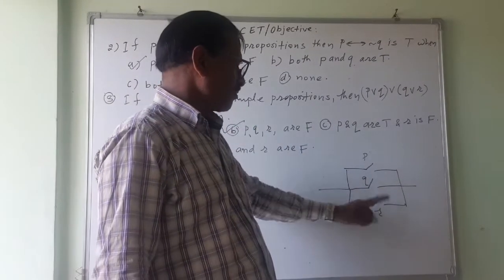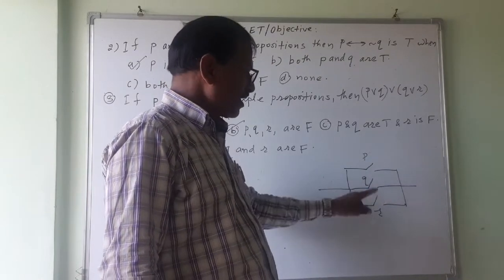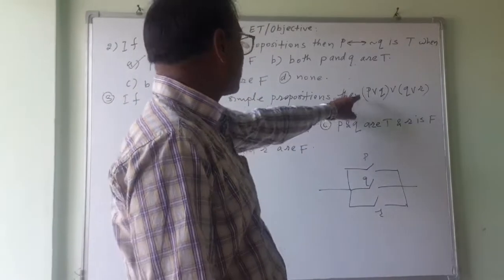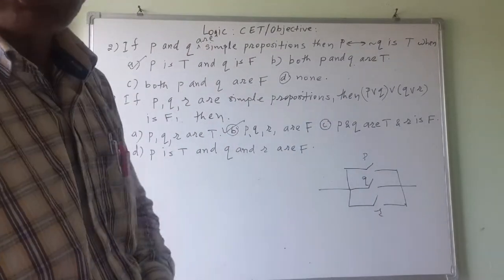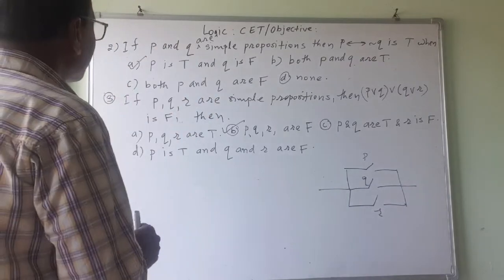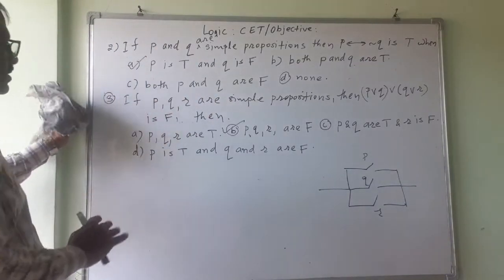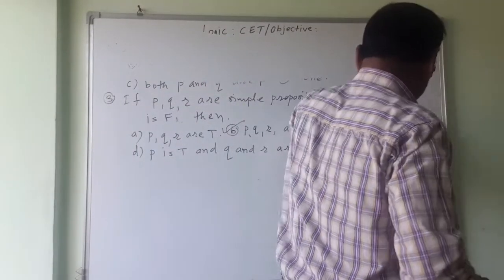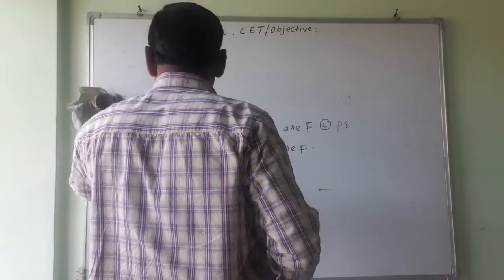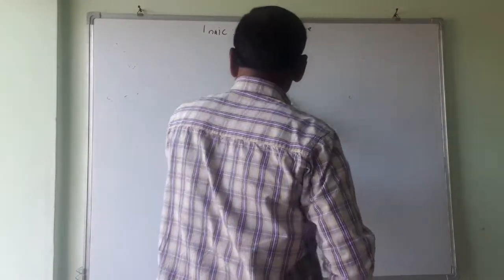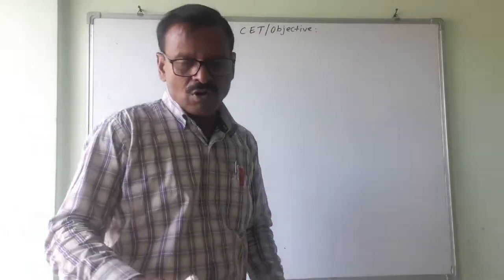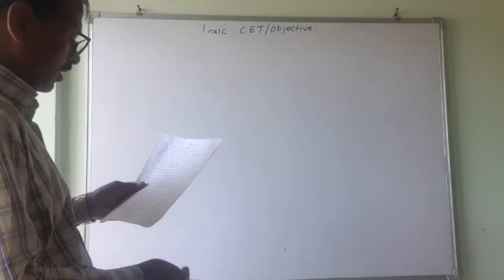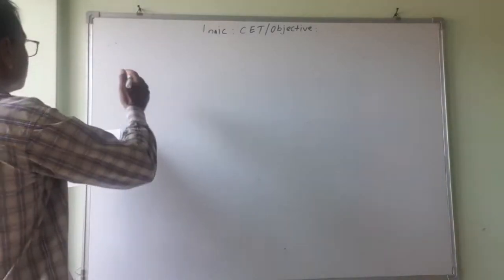This should be false, this should be false, this should be false. If any one is true, then the current will pass through that. But what I want, I want this as false. So all should be false. So this way, what I am trying to teach you is how to analyze the answers. And this will definitely build your fundamentals. If you do all these 10-12 questions, then I am sure you will face any examination.